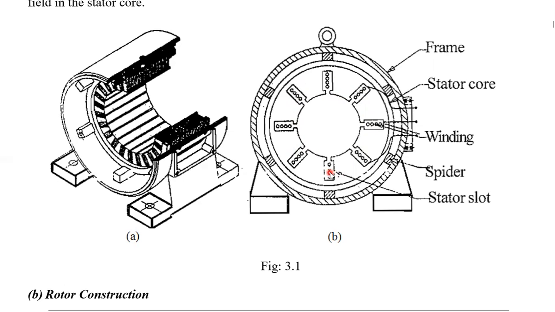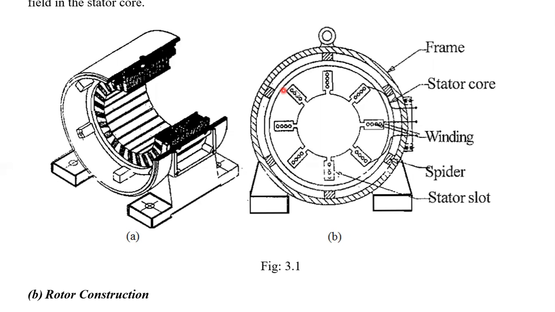If you are changing the phase sequence, that means interchanging any two terminals. There are three terminals R, Y, B, and we interchange any two leads. For example, Y and B. Interchanging Y and B means RBY. The first phase sequence is called RYB. If you change the phase sequence by interchanging any two terminals, like Y and B, or RY, so any two leads, what is the phase sequence here?